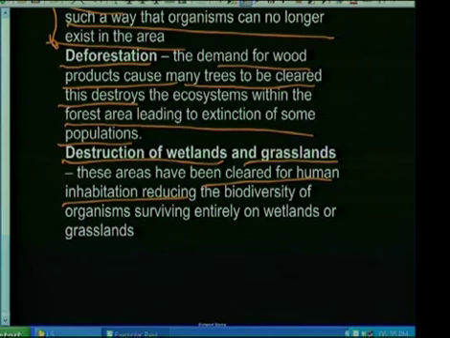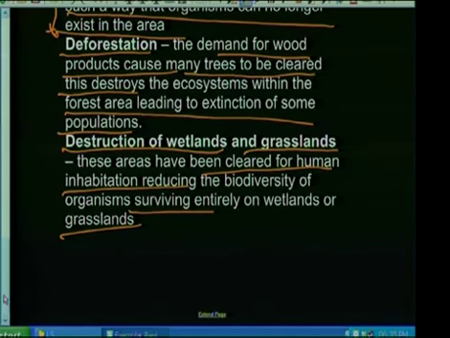So now we need to balance our requirements against the backdrop of the needs of the environment for sustainable growth, and we need to talk about it. We can't just talk about environment, environment, environment. You've got to look at the needs of the people against the backdrop of the environment, and you've got to compare those items. This essay, however, is dealing with how we have harmed the environment. So, the biodiversity of the organisms surviving entirely on wetlands or grassland. We have then killed all those organisms, and in that way, we have made way for massive loss of